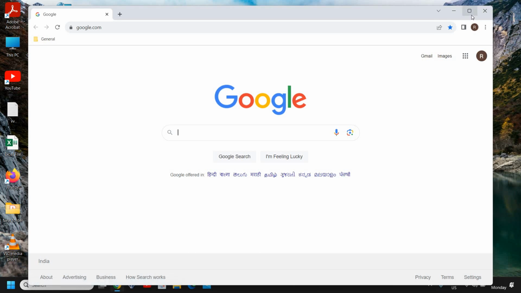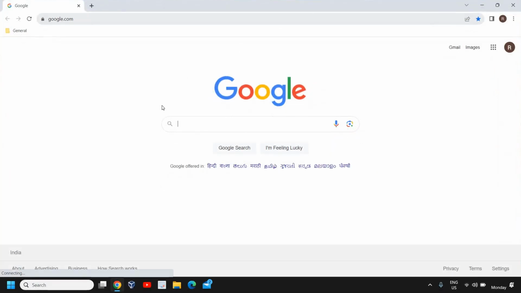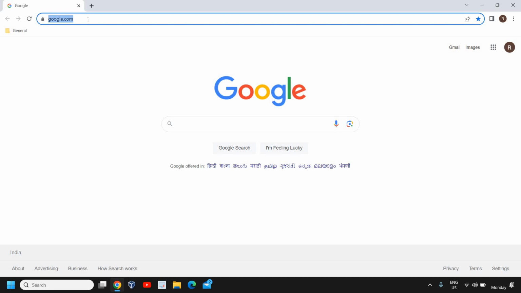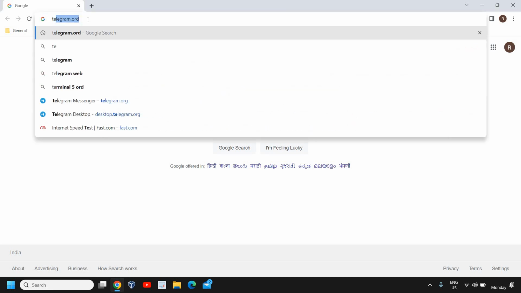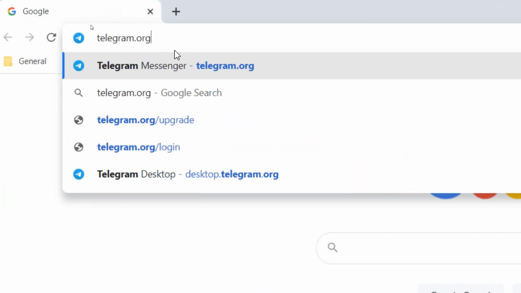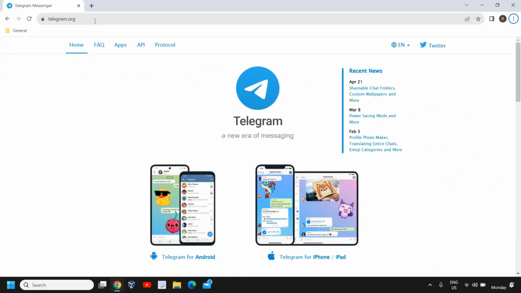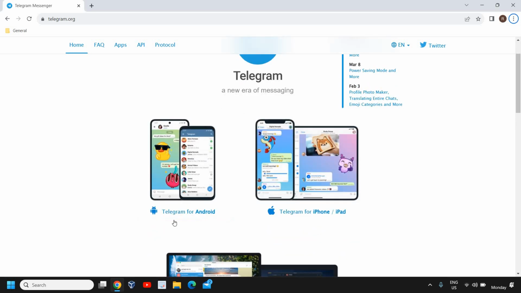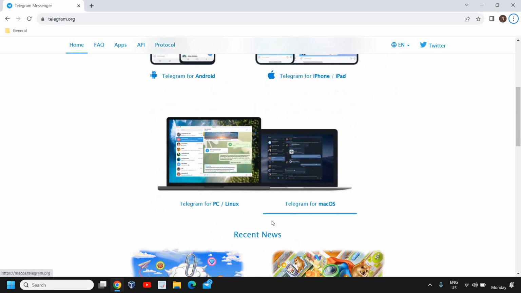So for that, you need to open your favorite browser. And here at the very top in the address bar, you need to type telegram.org. Once you have typed it, hit enter and the telegram.org website will open, and here we have the options: Telegram for Android, Telegram for iPhone, and Telegram